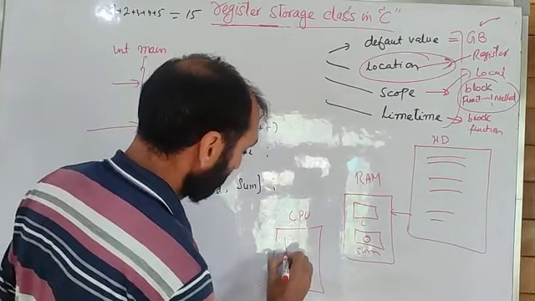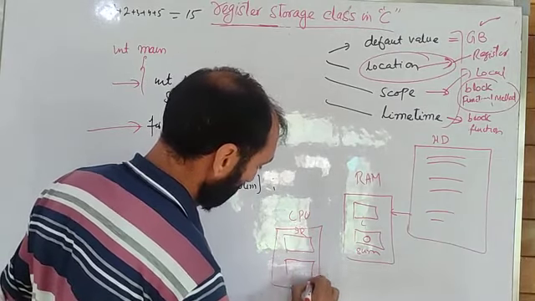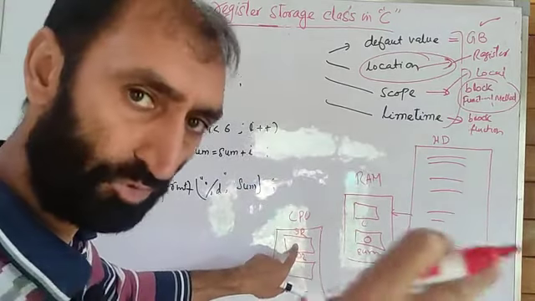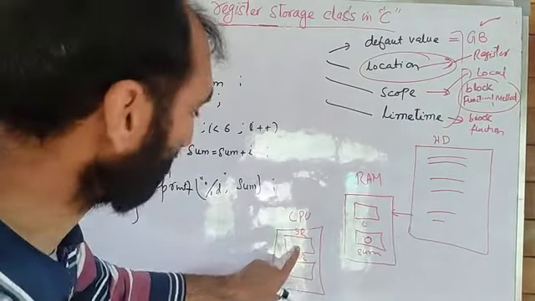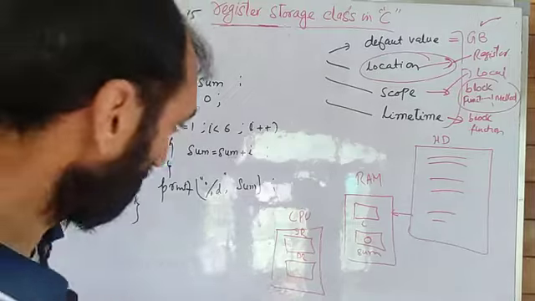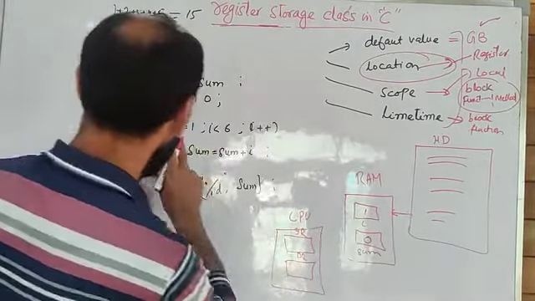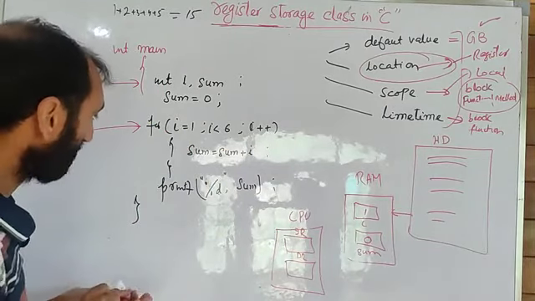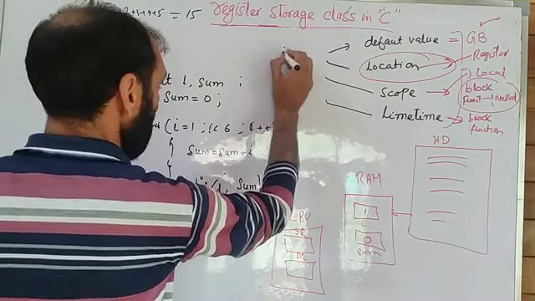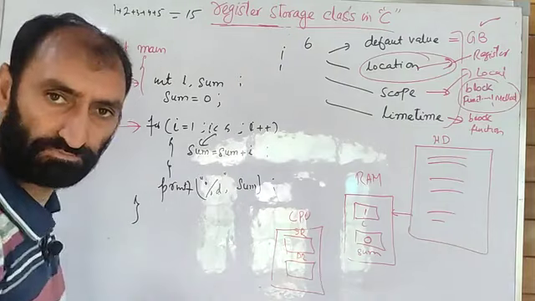For example, there are some instruction registers, we can say IR, and there are some data registers, we can say DR. Instruction registers are for storing the instructions for execution, and DR are the data registers for storing the data. For example, here I have declared I with 1, and after that I less than 6. Here I equals 1, and I less than 6, then the control will